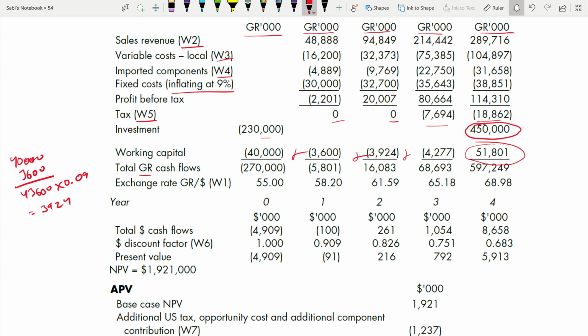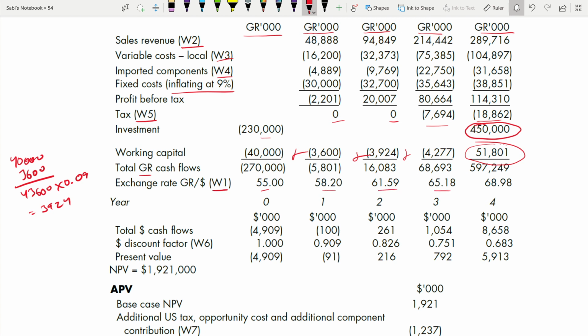Once you get the Gamalion cash flow, do we have the discount rate of Gamalion to discount it? We don't have. We only have the discount factor of what? Of US. So you have to convert to US dollars first. Do we have the exchange rate? We have the exchange rate of all the 5 years to convert to dollars. So just put the exchange rate there, 55, from working one.